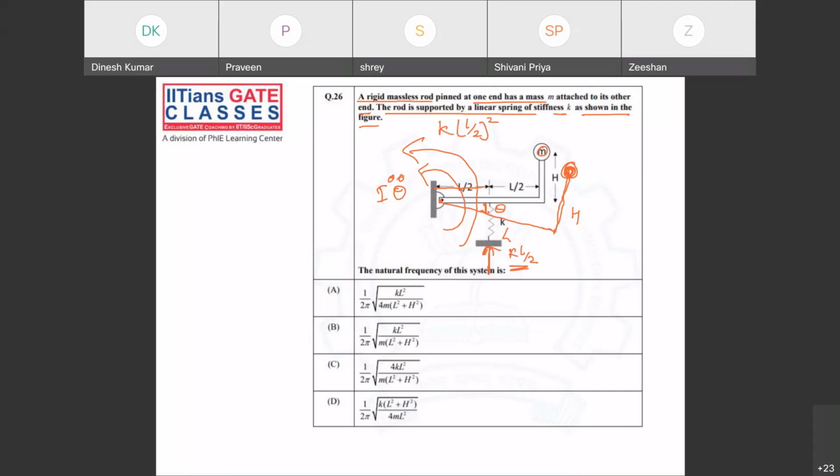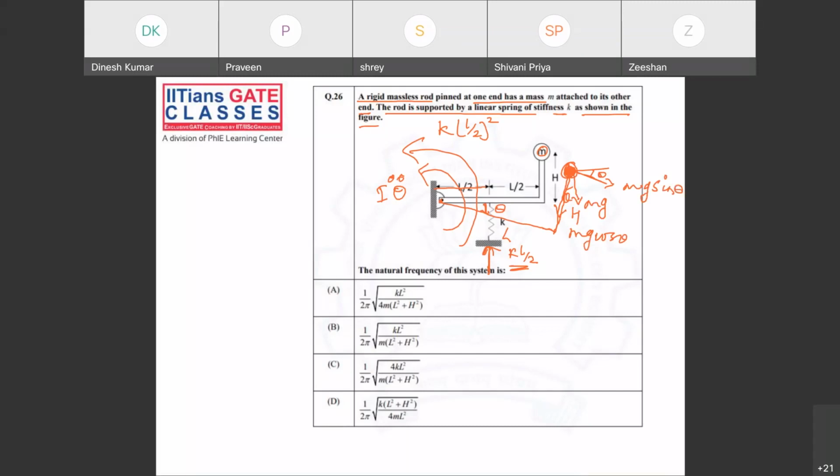Now what happened? If you see this, the mass will have two components since it's acting downward. You can see parallel to this is this, so this angle is theta. Now this is mg. There is one component along this, which is mg cos theta, and there is a perpendicular component along this direction. It is mg sine theta.